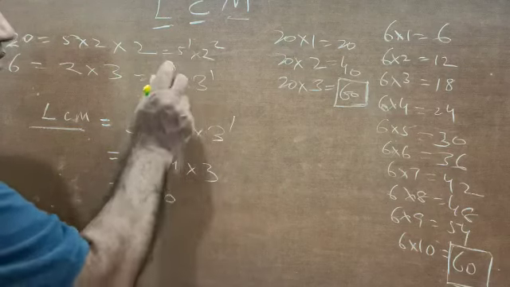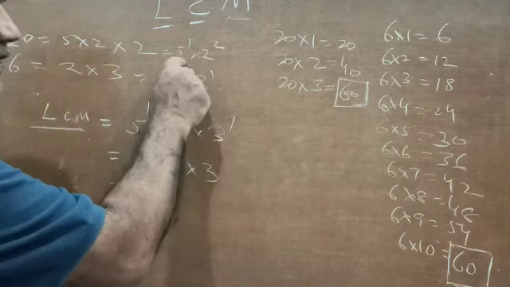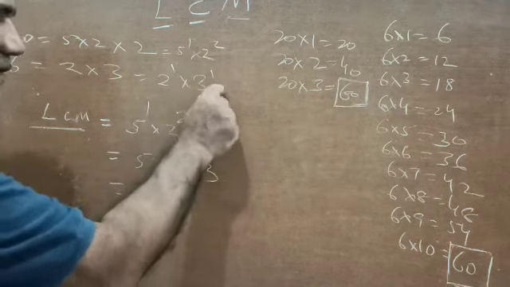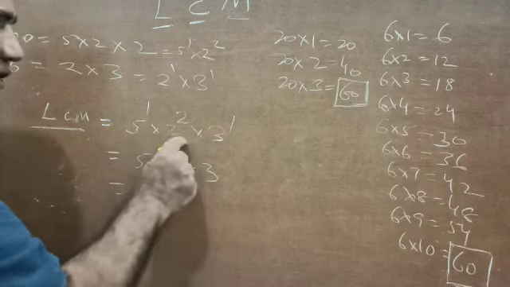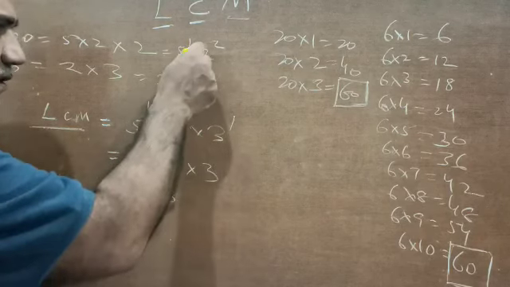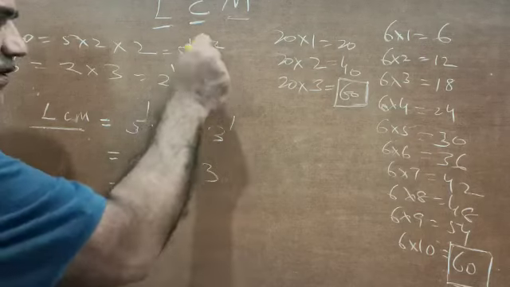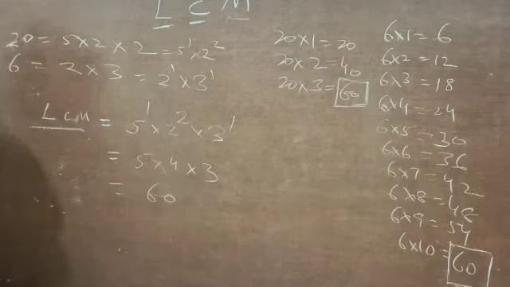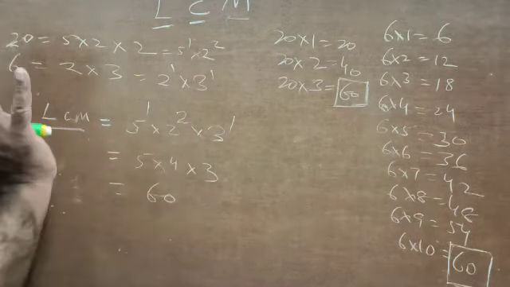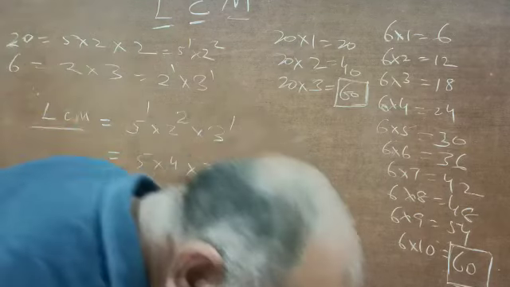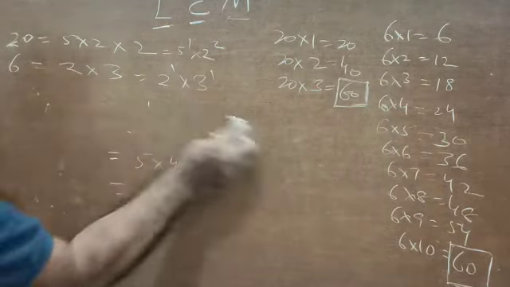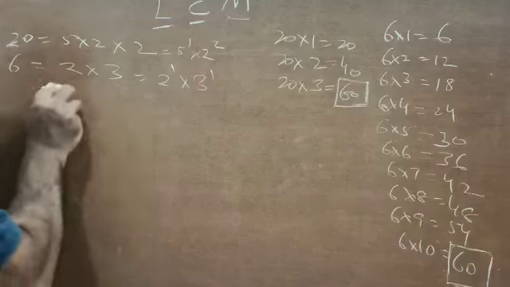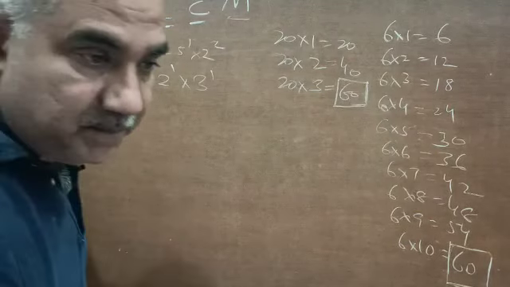So 5 was a factor, 2 was a factor, 2 was a factor, 3 was a factor. We have taken 5, 2 and 3, and wherever there is a common factor, that is, 2 is common in both, you take it with the maximum power, and you arrive at the LCM. This is the standard procedure, but we will go into a little more detail, so as to understand why we should get the LCM this way.